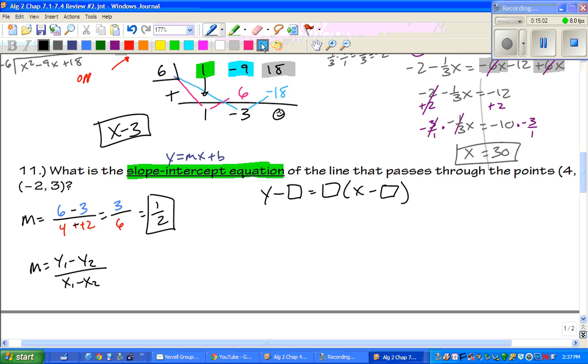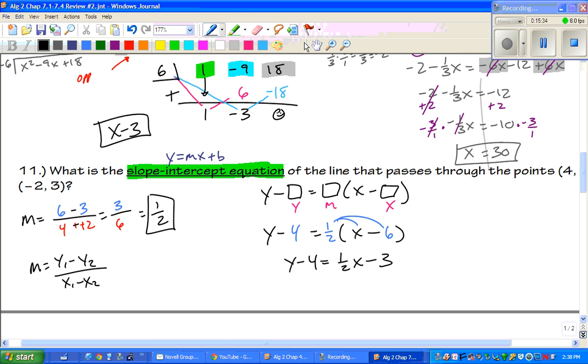Okay, and for the next equation, this is your y, this is your slope, and this is your x. You can pick any point that you want to. I'm going to do the one with the least amount of negatives, which was the 4 and the 6. And then x is 1/2. So distribute. We get y minus 4 equals 1/2 x minus 3